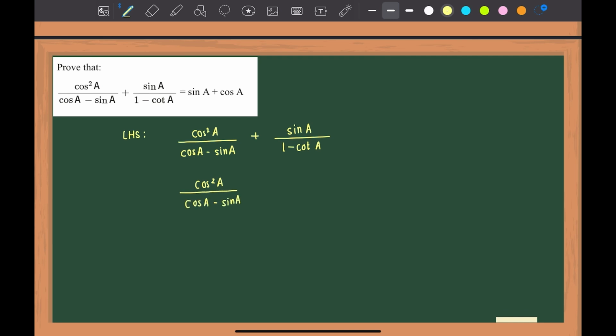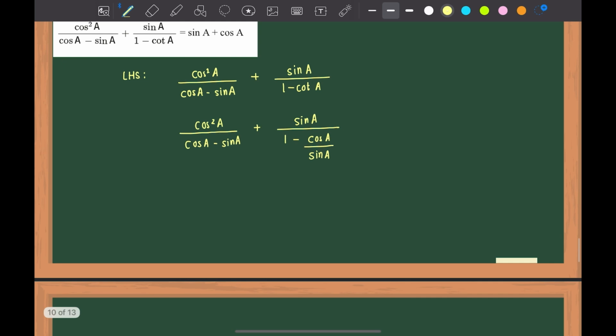But in case of the other one, I will be writing cot A as cos A upon sine A. In the next step again, do the same thing over here. Let it be as it is, cos square A by cos A minus sine A plus,